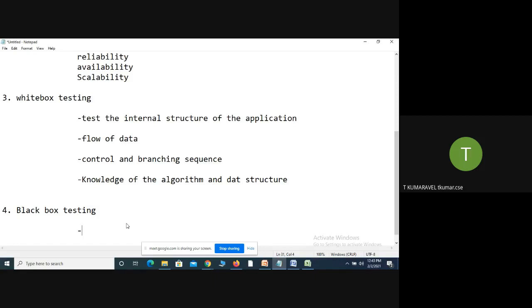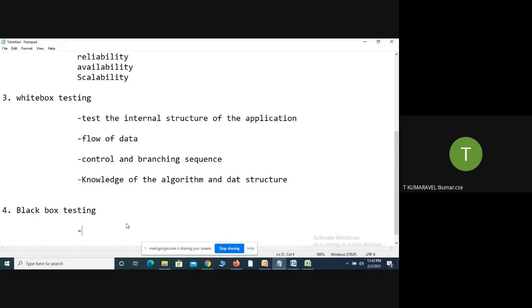It focuses on testing the application from an external perspective. An external perspective, in the sense of how it communicates with externals.